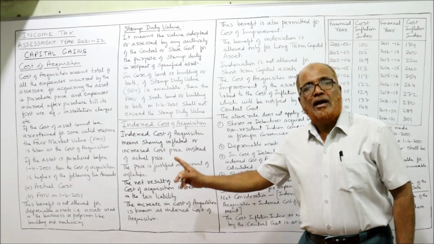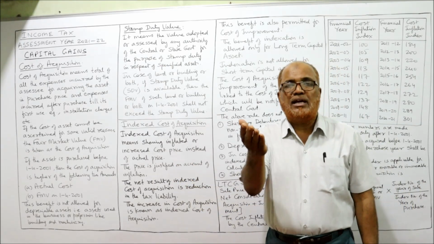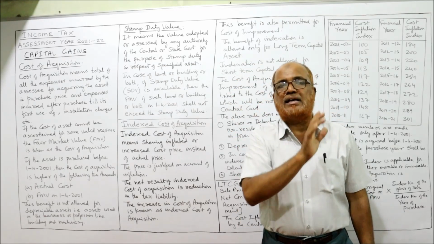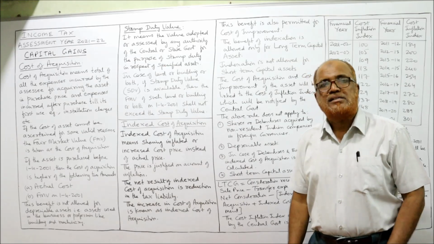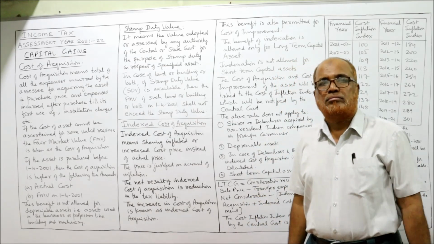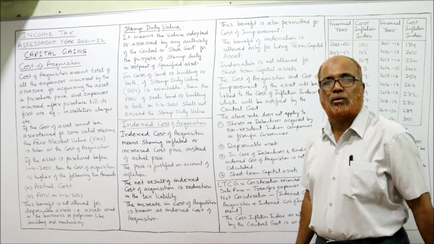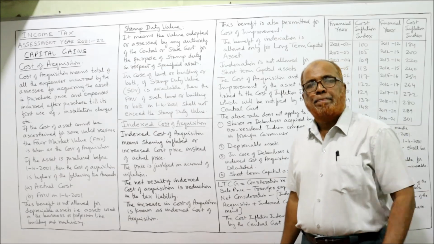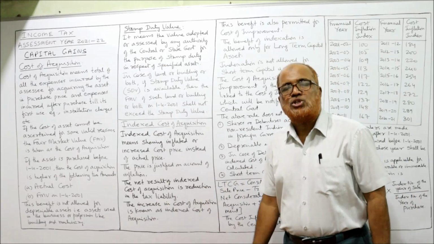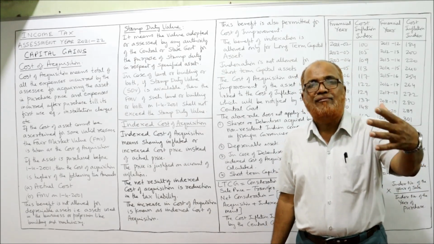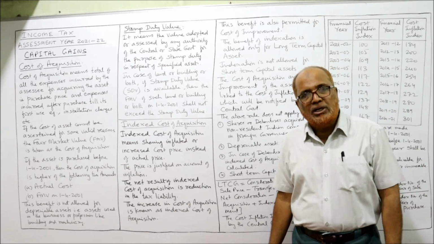So simply, indexed cost of acquisition means inflating or increasing the cost price of the asset. The cost price is increasing, and the effect is that his tax liability will come down. The capital gain amount will come down. So the price is justified on account of inflation. Why is this indexed cost of acquisition benefit given? The Income Tax Act says there is prevalent inflation. So due to inflation,